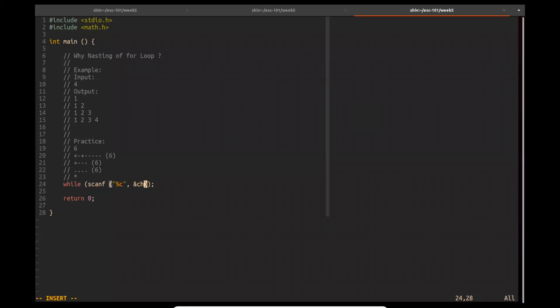You will scan, and check whether ch is not equals to star, right? So you will take input. Now let's say you have two variables, previous,